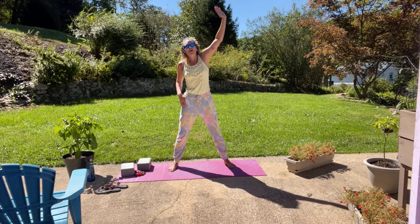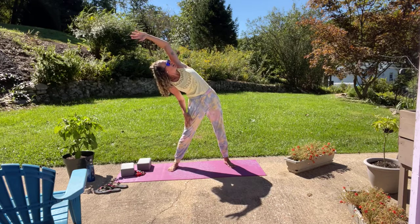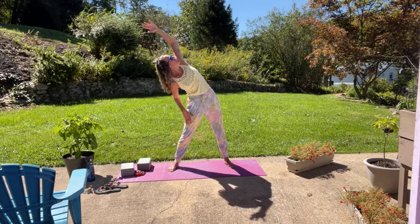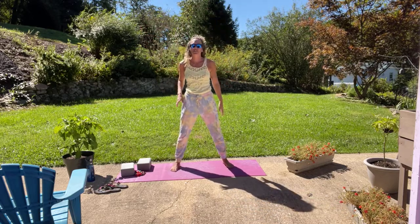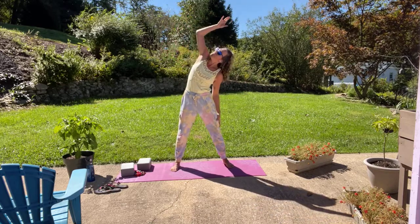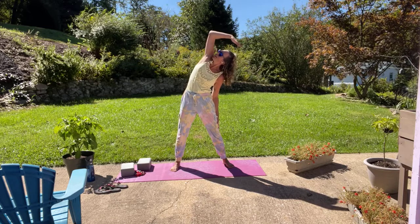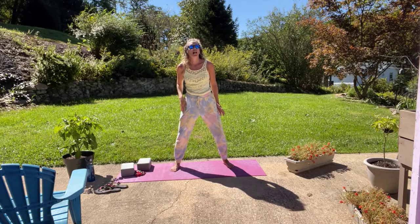We're going to inhale the arm up, and then exhale, leaning to the side. Careful not to crash your chest forward, so opening at the chest, gazing to the sky. Inhaling up, coming back to middle. Other side. Inhale up, exhale, leaning to that opposite side, gazing to the sky. Inhale up, exhale down. Following your breath,